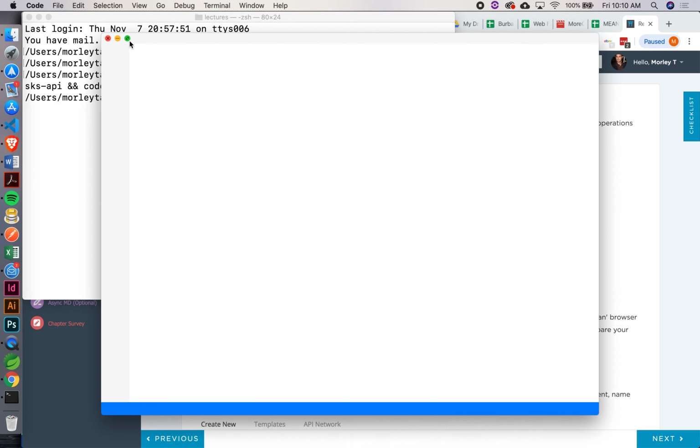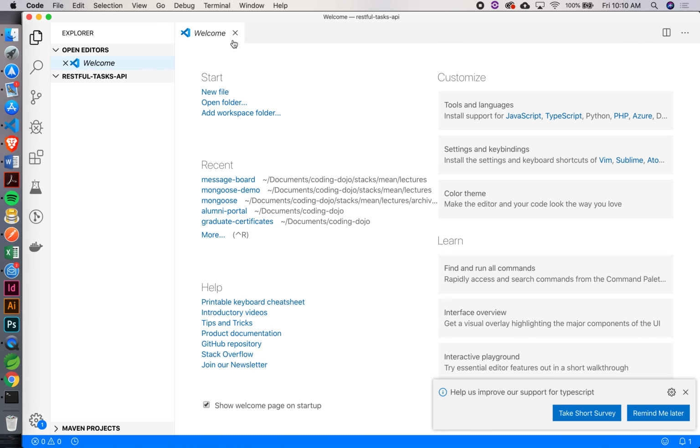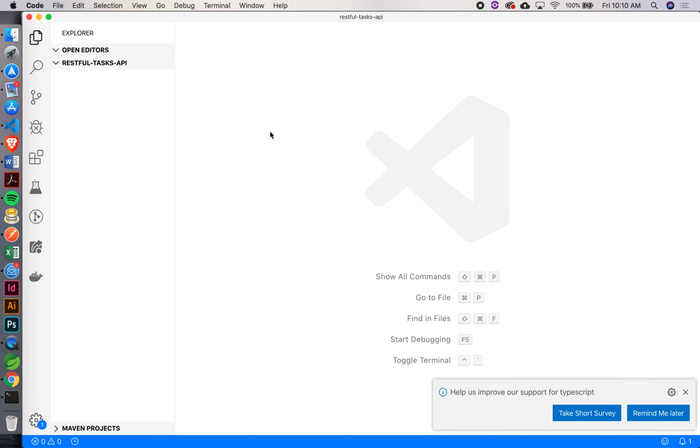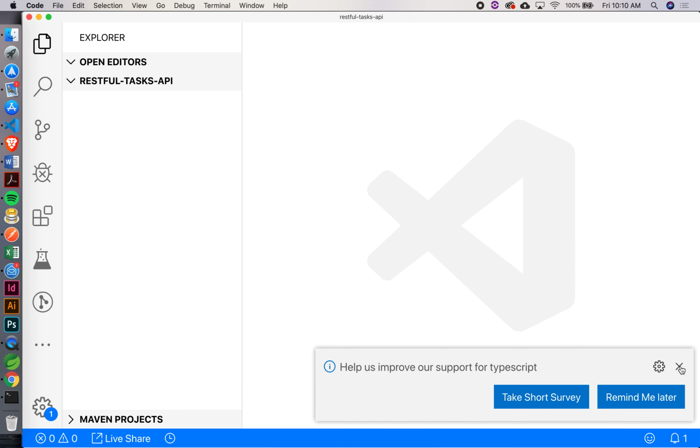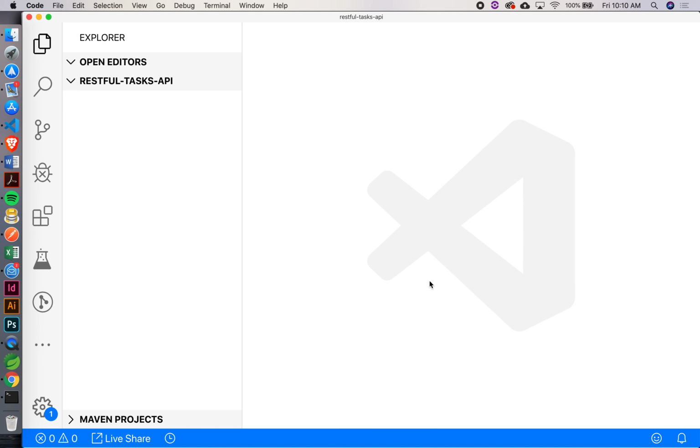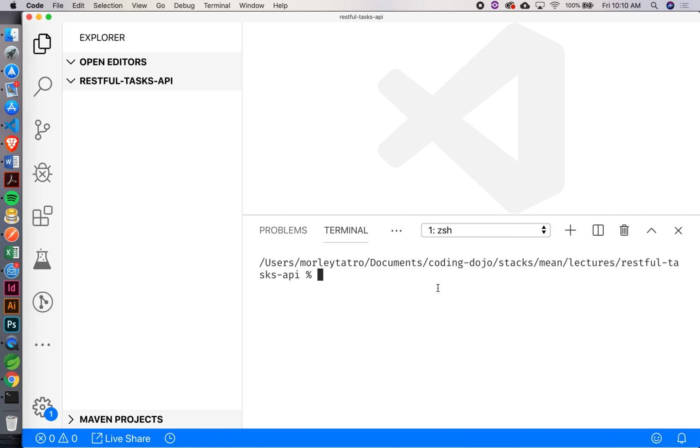Code? Oh yeah. There we go. Any day now. Okay, cool. So I got this directory set up for my project. We're going to go through all the basic steps, right? We're going to npm init